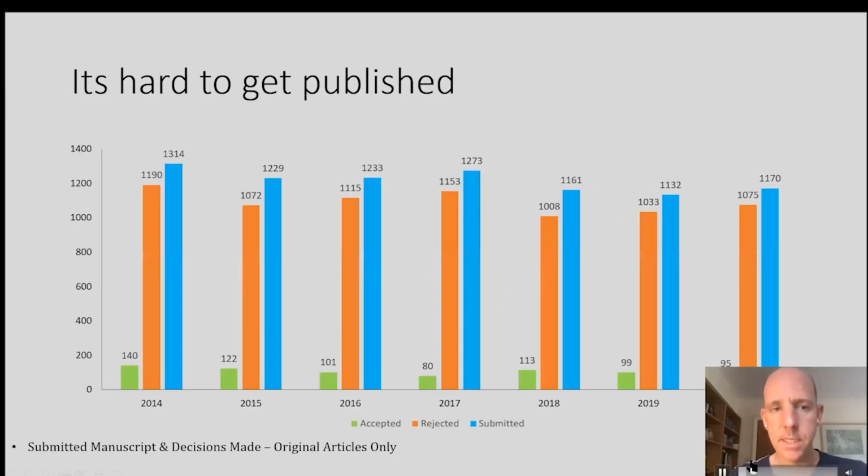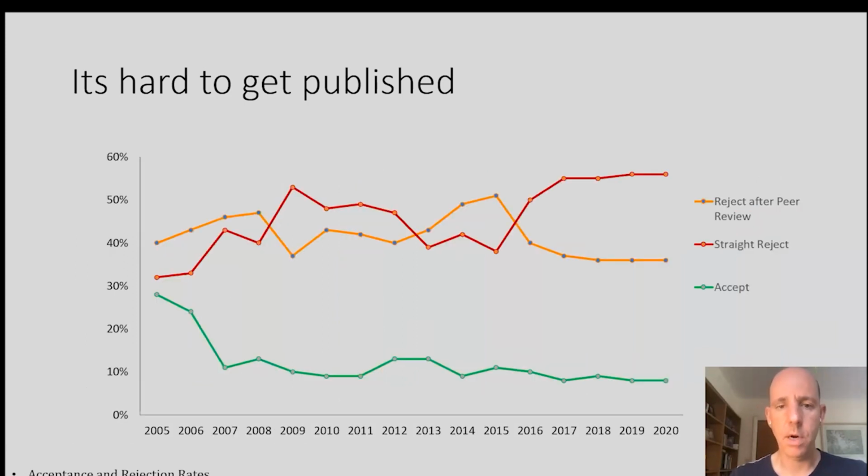The first thing to say is it is hard. Certainly at European Urology, we receive many papers and accept a small number. We have a very high bar, and that really reflects the quality that we aspire to. However, we have many authors that publish with us for the first time, and many papers were submitted with their fingers crossed, hoping for the best. Overall, our acceptance rate is about 9%. It's been relatively steady year on year, and that again comes back to the quality that we aspire to.